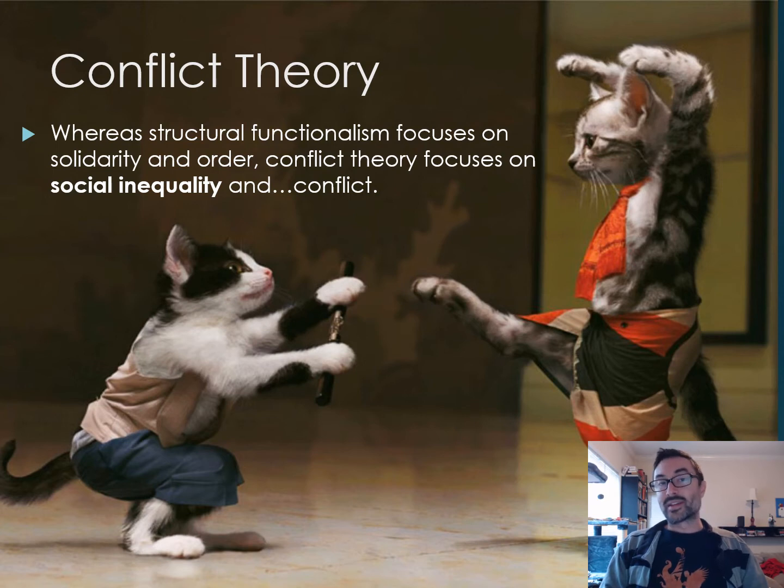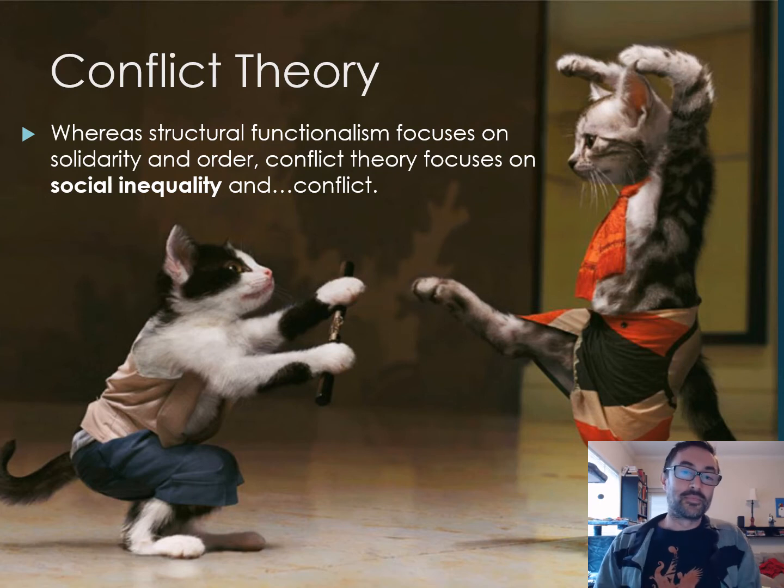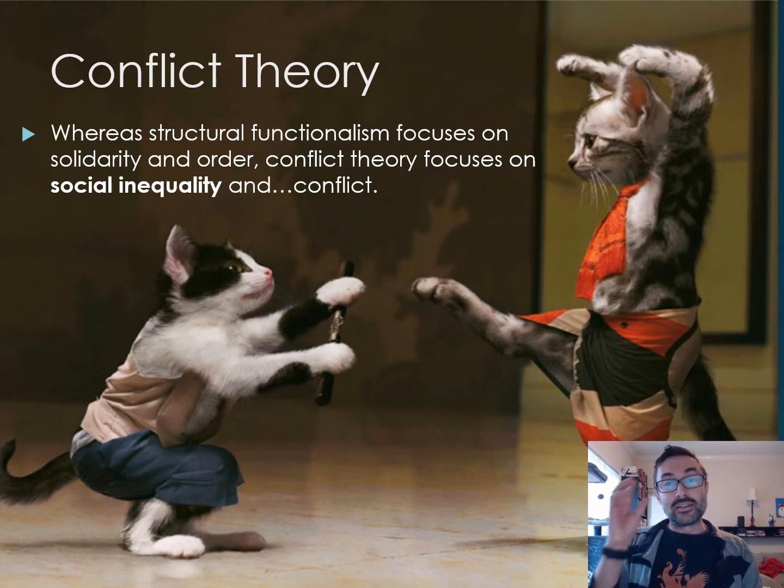Remember, we're looking at the same thing, society. Durkheim, structural functionalists see it one way, or it's one way to see it. Conflict theorists would look at it another way. They're looking at the same thing and they arrive at different explanations for it. Both are good explanations, both have validity, but they're focusing on different things. So in conflict theory,